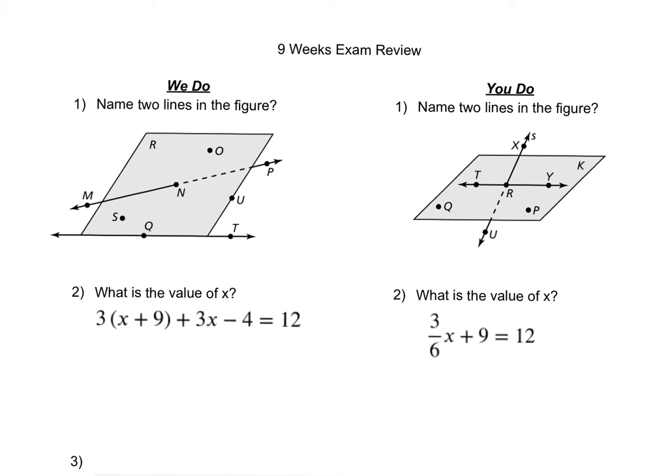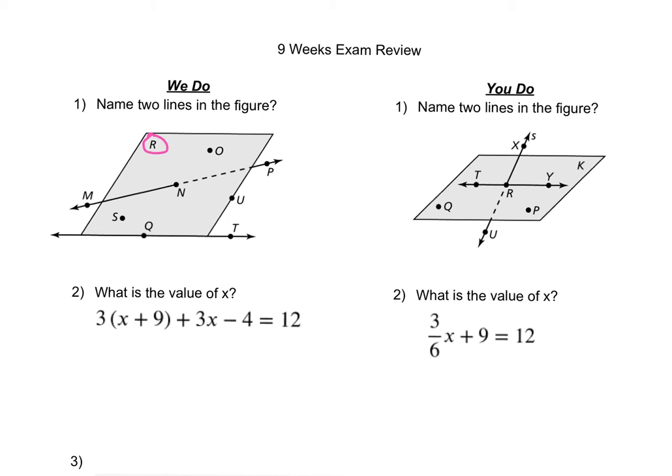All right, number 1 asked us to name 2 lines that are in the figure. So we need to find 2 points in order to make a line. If you notice, this R here is not a point. It does not have a point next to it. So we have to use any 2 points that are actually on